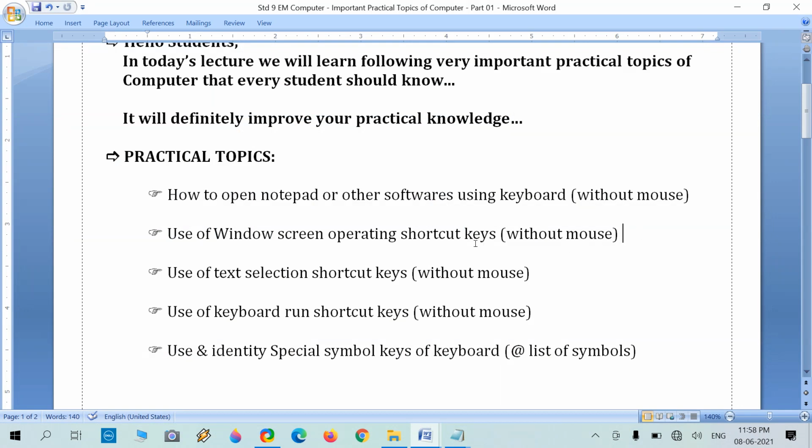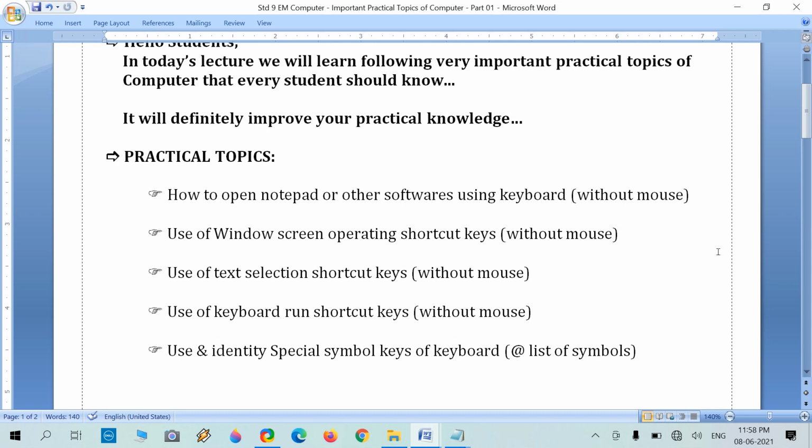For this we need Alt and space, and it will display the context menu, and follow the instructions like restore: press R, the underlined character. If we need to minimize, press N. For maximize, press X, and to close, Alt F4 or the underlined character C. It will close your current screen.